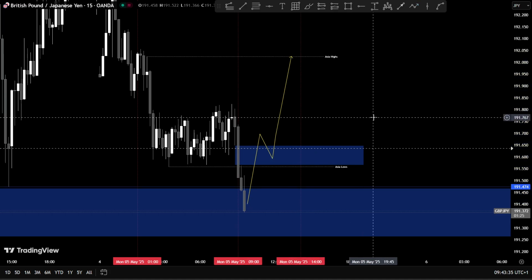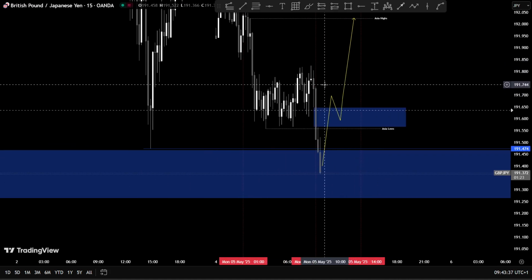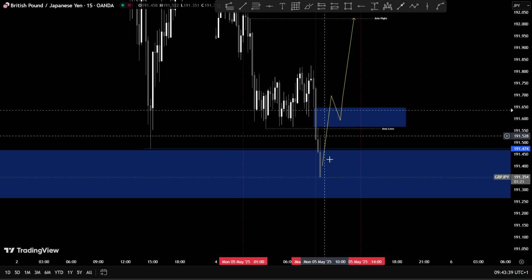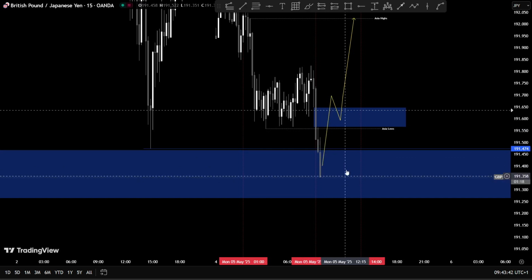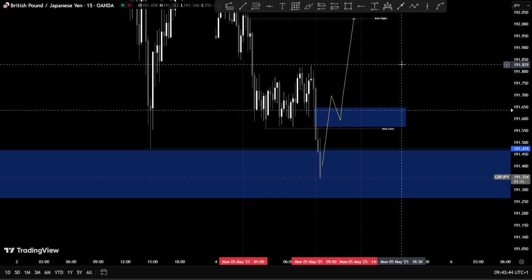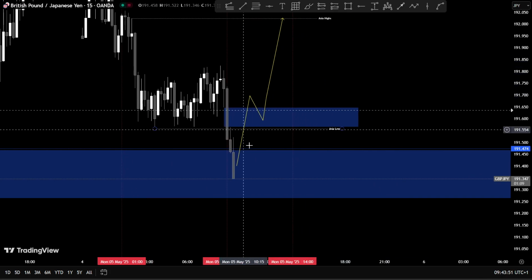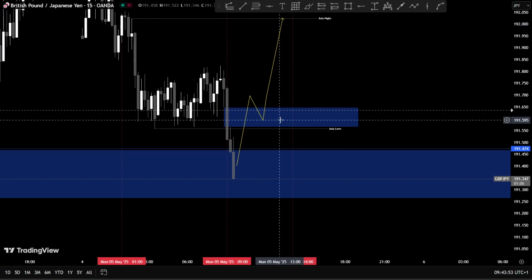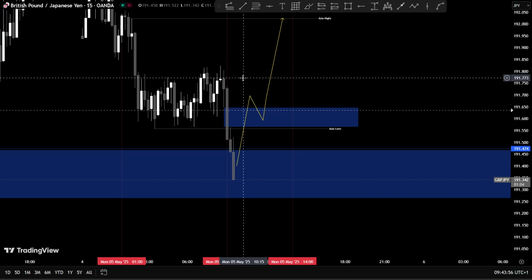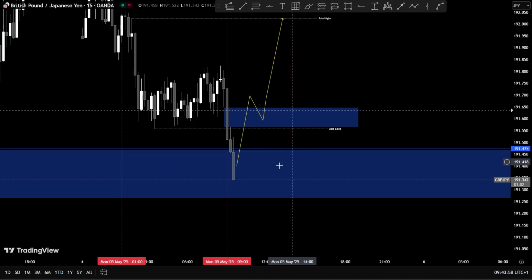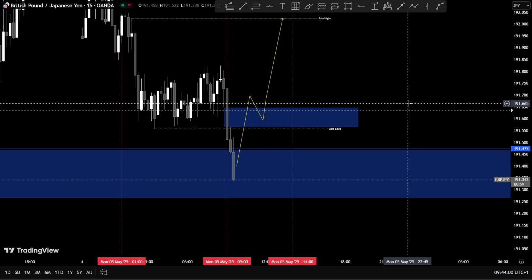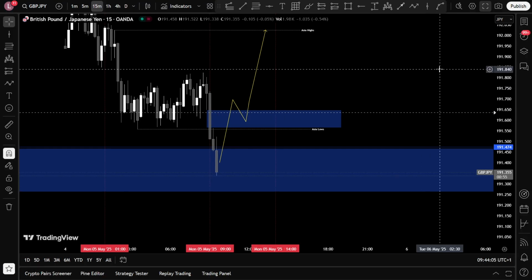Simple as that. But if we don't have anything and we keep consolidating or keep pushing lower, that means London session is not something that I could trade. So I will wait, mark my London session highs and London session lows, and I will probably trade New York session. And if there is no setup on New York session, I will not enter any trades. I will call it a day, no trades taken today.